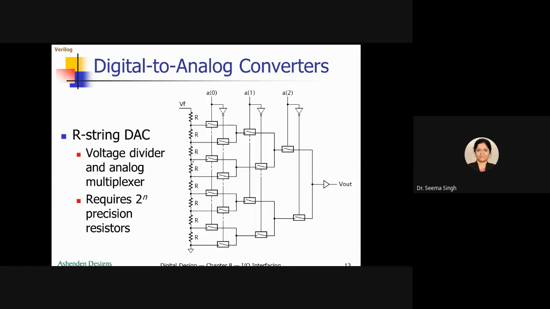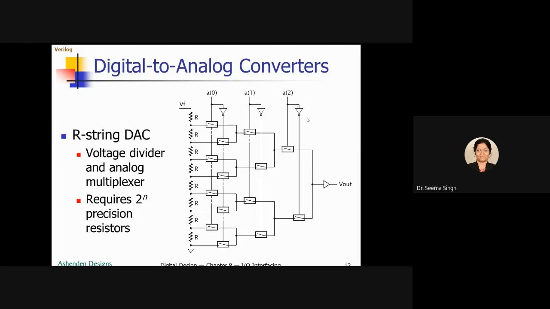And now down to this, how many resistors are there? You can see 5 resistors are there. So this is how this circuit is taken care of. Now imagine if it is 000. 000 means what? All these series switches will be closed. This side, this, this. Where will be the final connection? The final connection will be here. This 0, this 0, this 0. So it will be 0 voltage. So this is how this R string DAC works.